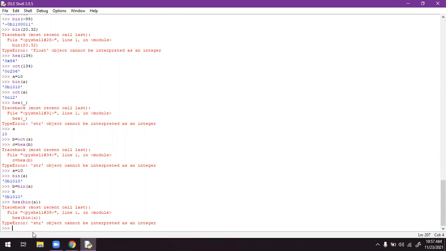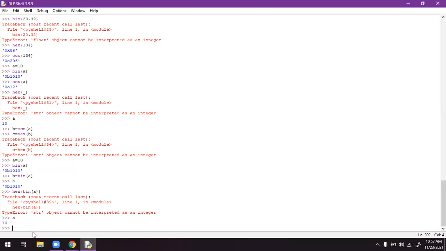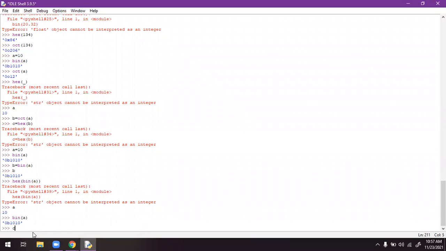So where is the problem? Why are we getting this? The value of a is 10, and I'm converting this number into binary. So that value I am assigning, it will not take as this. We have to take this magnitude.